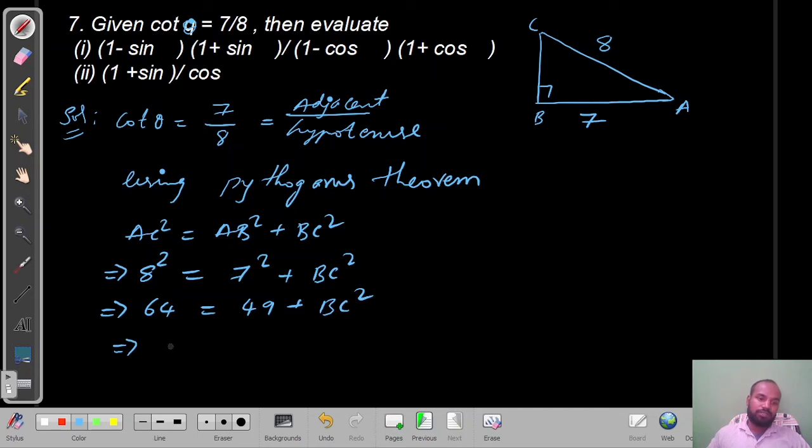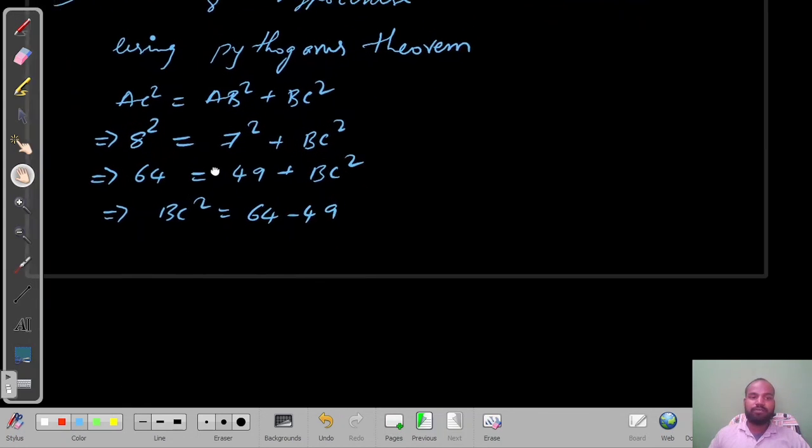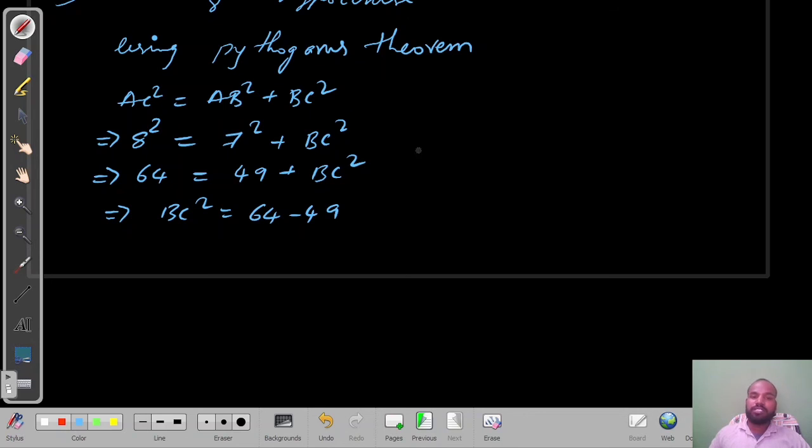So BC square equals 64 minus 49. We have to do 64 minus 49 here. You can take it like this: it becomes 5 here and 5 here, 5 minus 4 is 1. Yes or no? Am I clear? Is it audible? Yes. So now we got the value, what is the value of